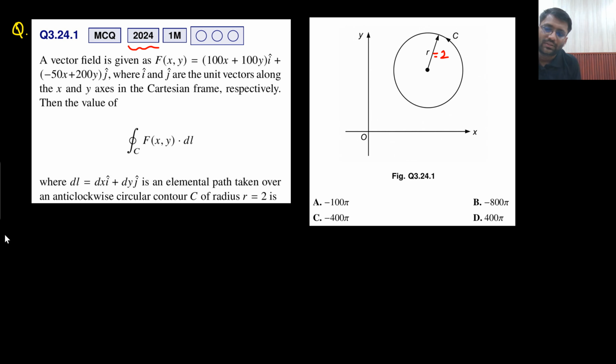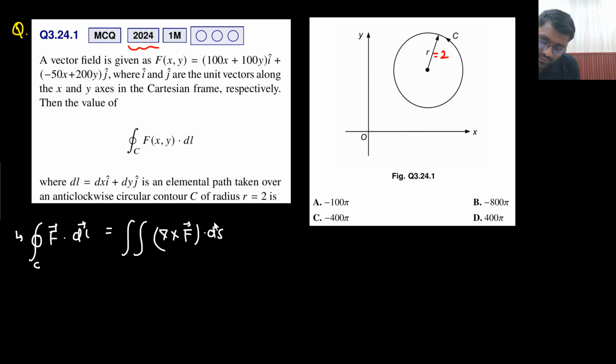So sir, what I saw in the examination hall was that f dot dl, I am supposed to calculate for the closed line over a curve C. So sir, it will simply come out to be del cross f dot ds over the surface S. Sir, I am supposed to calculate del cross f. Del cross f, so that will come out to be i cap, j cap, k cap,